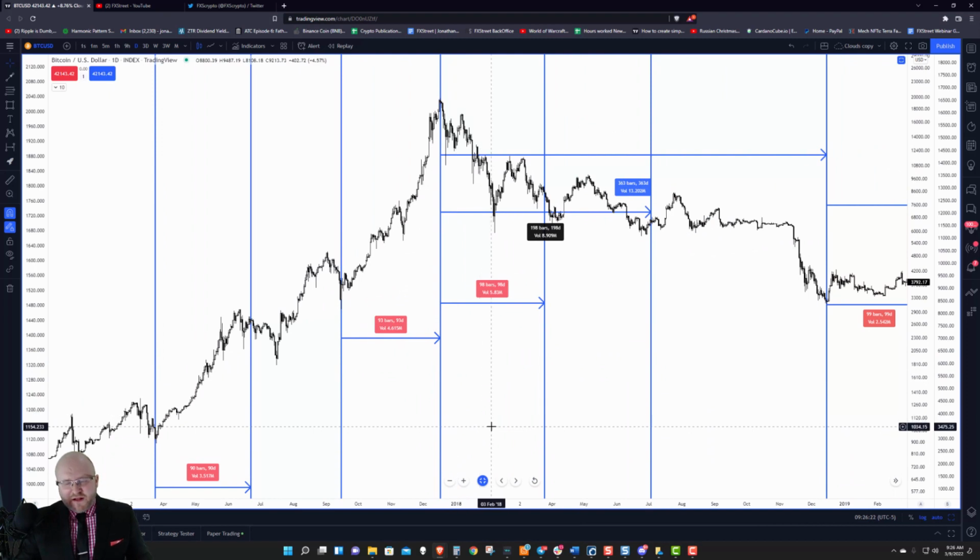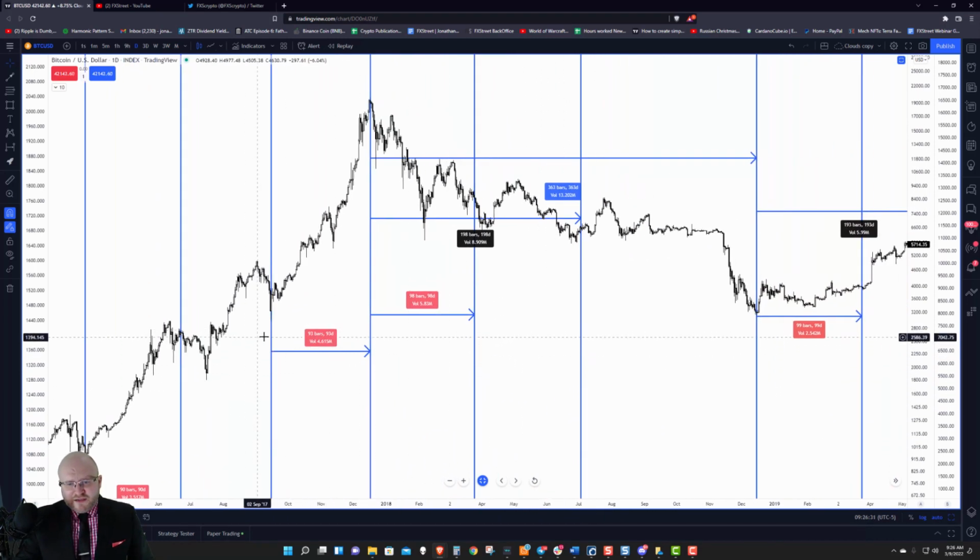will develop some type of major minor swing high or low 90 days from a major high or a low. And so you look at this date, September 17th, 93 days, which is inside that 90 to 99 day range. 93 days from